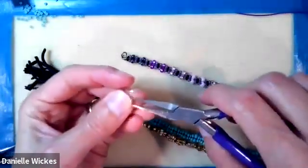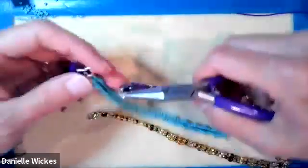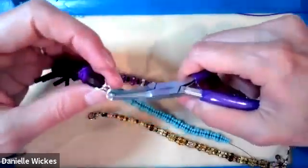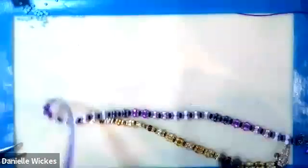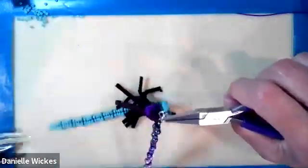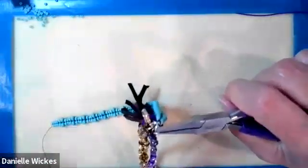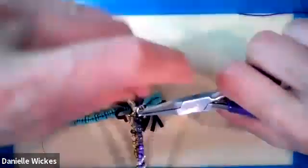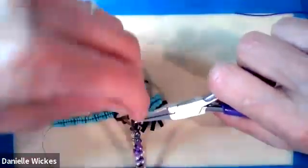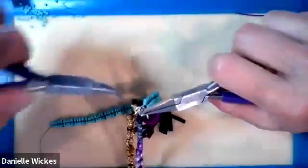So here's a 6mm jump ring. You can use a 6 or an 8. 6 will work fine. Connecting it to that one. I lost that one, sorry. To this one. And then to the end of this one. And on one of them you would put your clasp. I left my clasp over on that one, but